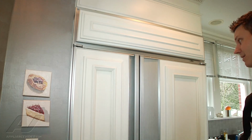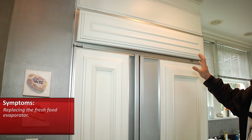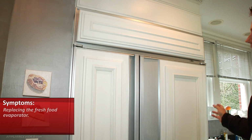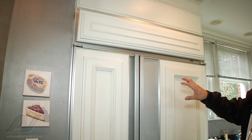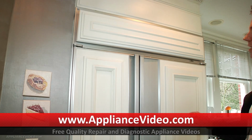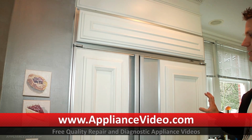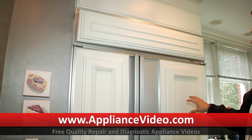So we're going to replace the fresh food evaporator today. First thing that we're going to have to do is access the top compartment where the compressor is. We'll take off the cosmetic cover. There's a metal frame that holds the cosmetic cover on that we'll take off then. And there's another metal bracket that helps to reduce noise from the compressors running that we'll have to take off. And then we'll get to the fresh food compressor. We'll remove the refrigerant from that. Then we can access the refrigerator compartment, remove all the shelves, remove a bracket that prevents the back cover from